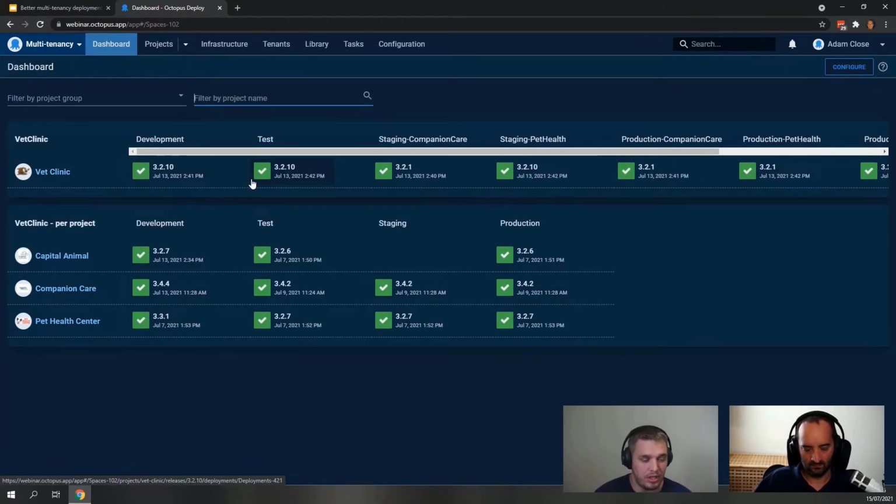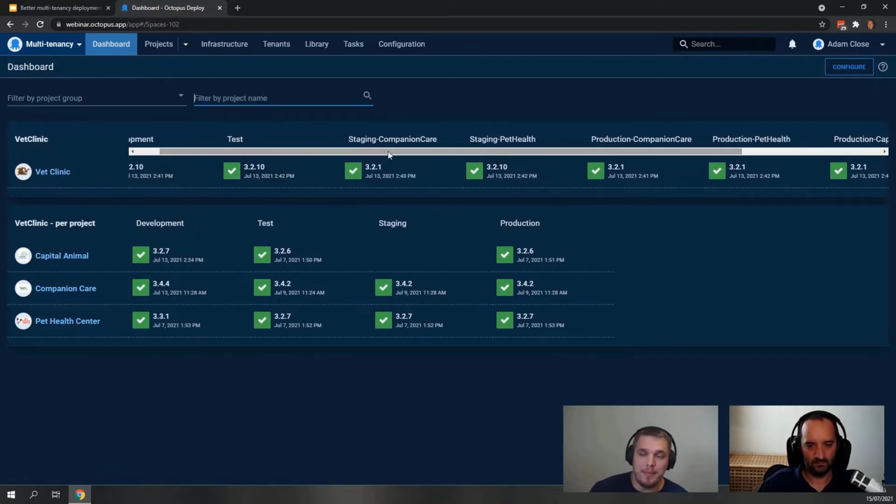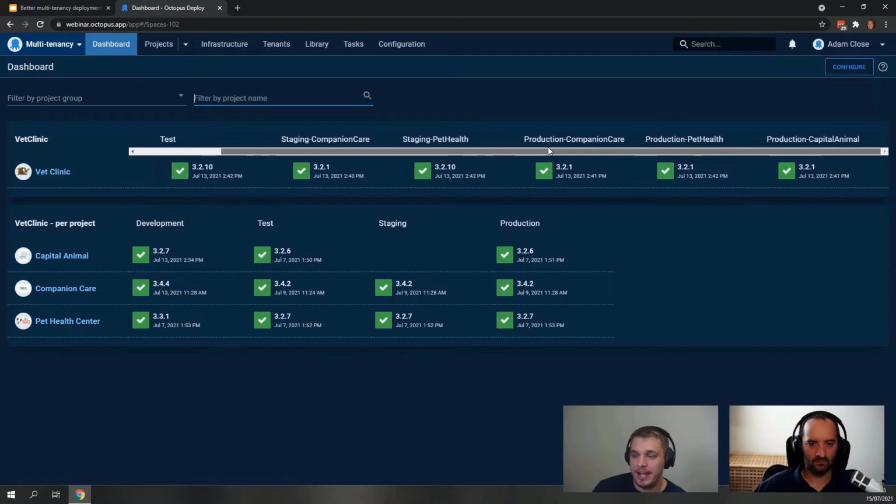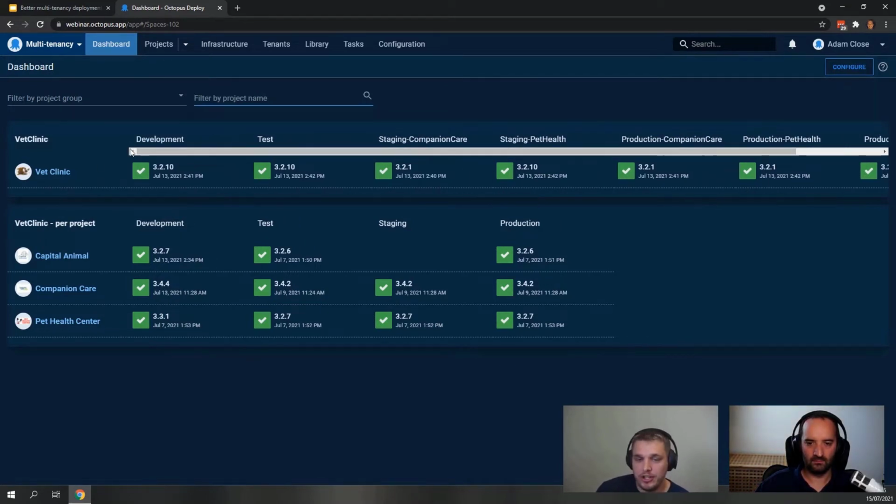We want to deploy to Dev and Test for our internal testing. Then we have this environment-based model where we base the customer as an environment in Octopus. So we can see we've got staging companion care, staging pet health, and then we've got the production environments for each of our customers. If we jump into the deployment process,